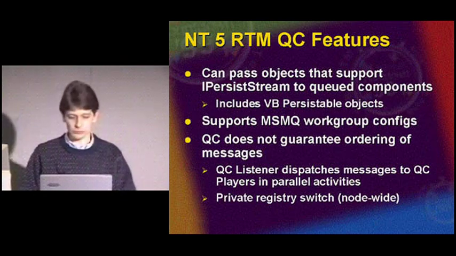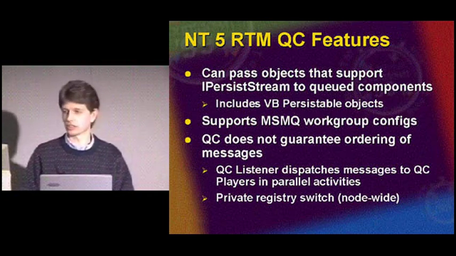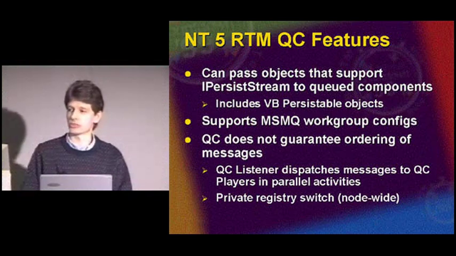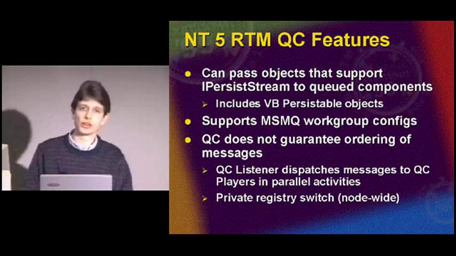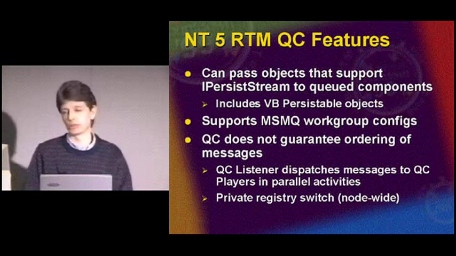So if you write a component which has the interface restrictions that queued components requires, and it supports IPersistStream, then you can pass references to that object directly to other queued components. So in VB you can create persistable objects. What that means is that VB will generate an IPersistStream implementation behind your back for you, and those objects can be passed across